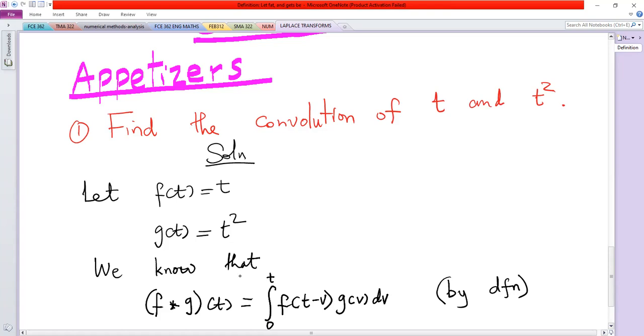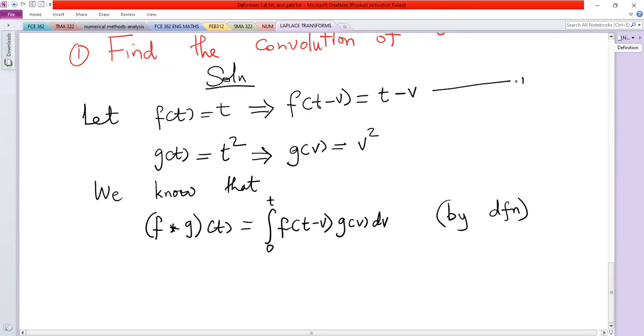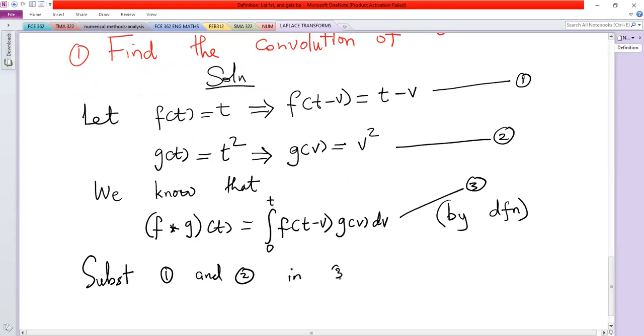Now, with this definition, we need to define the function f of t minus v. If f of t is t, then f of t minus v is t minus v. Simply, the input becomes t minus v. And if g of t is t squared, then g of v must be v squared. If we call the definition 1, this one 2, and this one 3, then substituting 1 and 2 in 3, we get